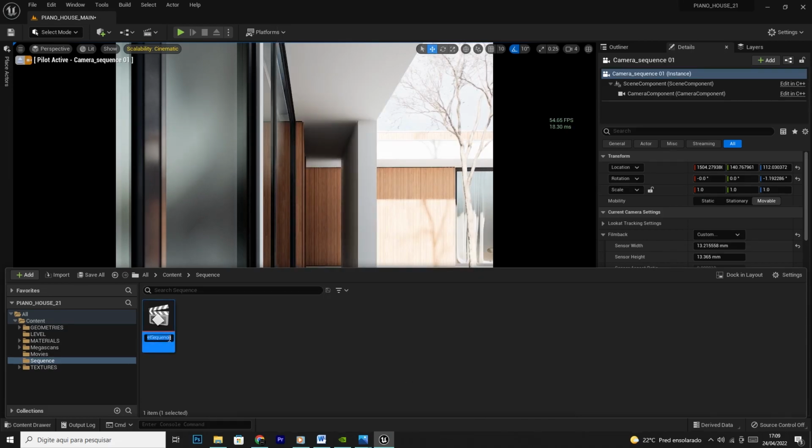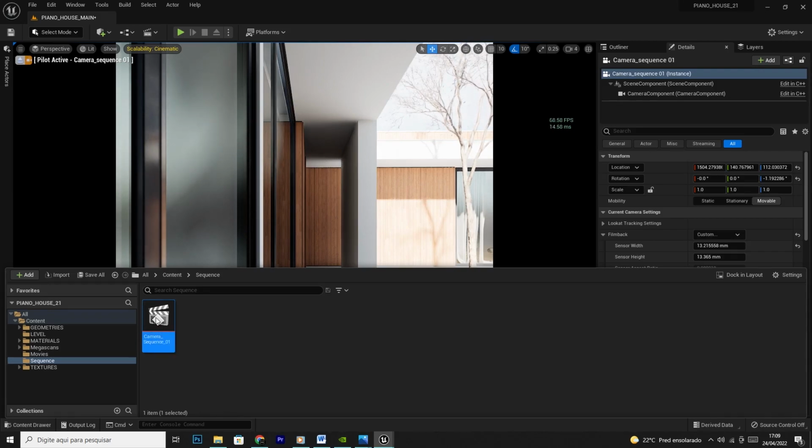All right, let's call this sequence 01. It can be camera sequence 01. It's gonna be better. Yeah,